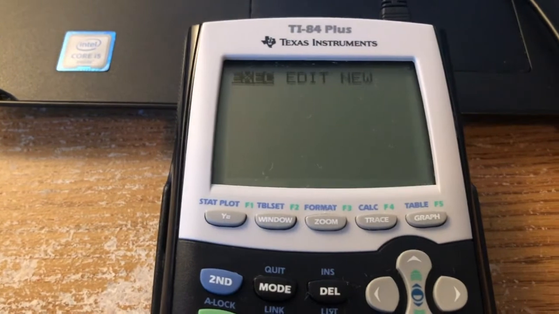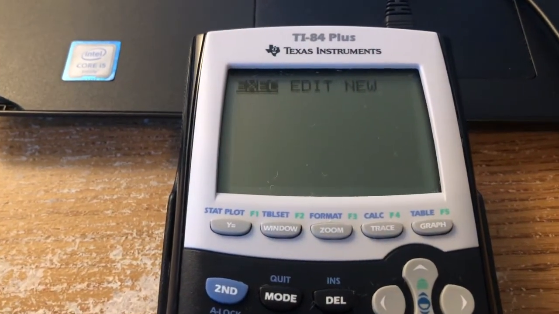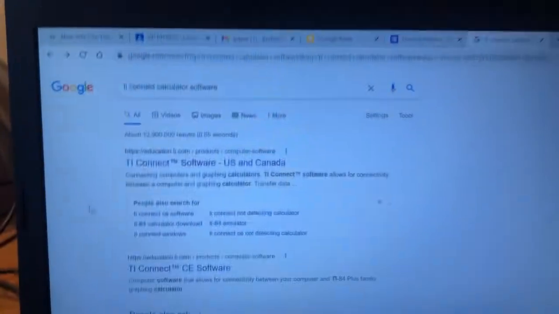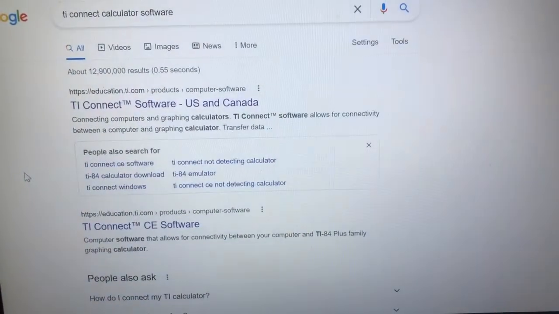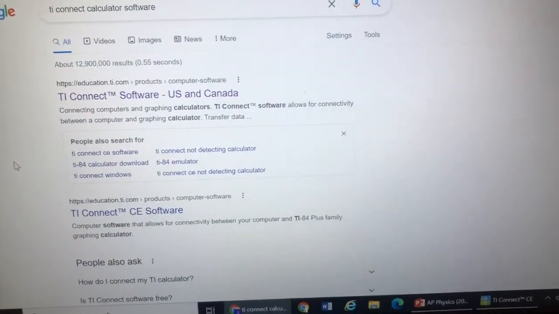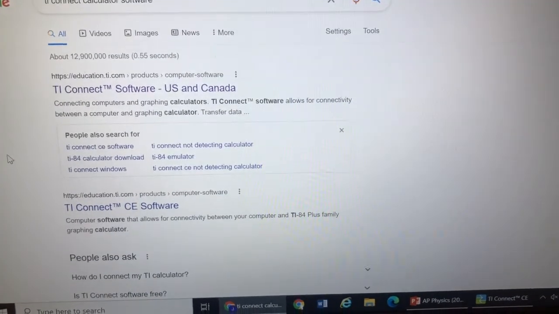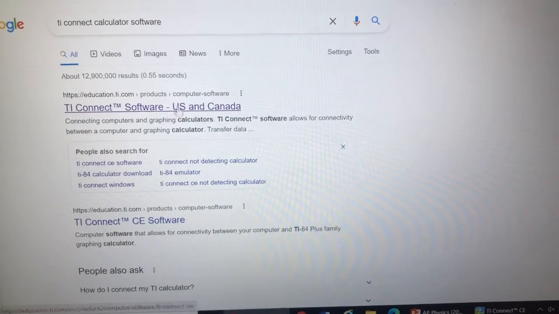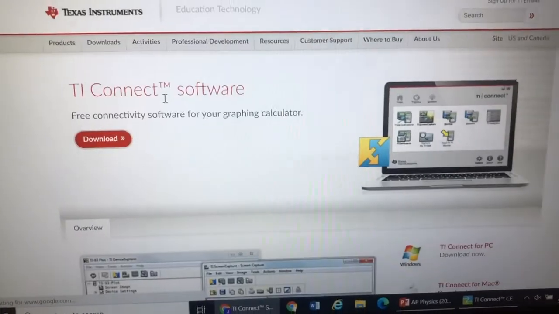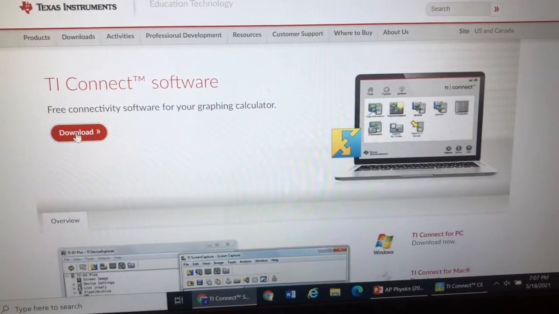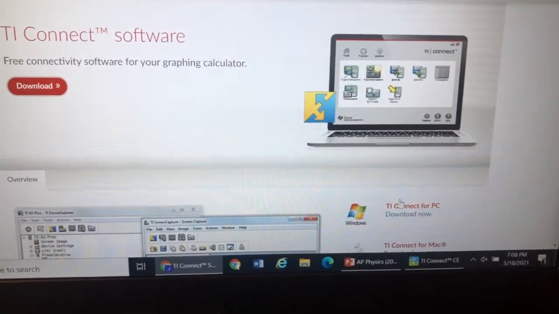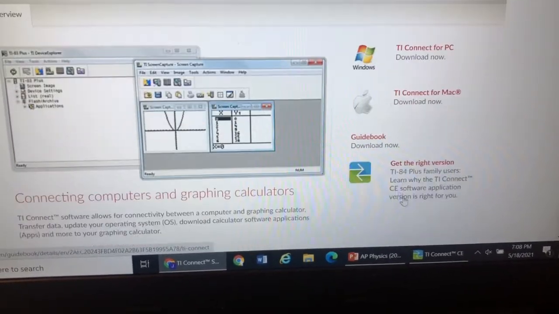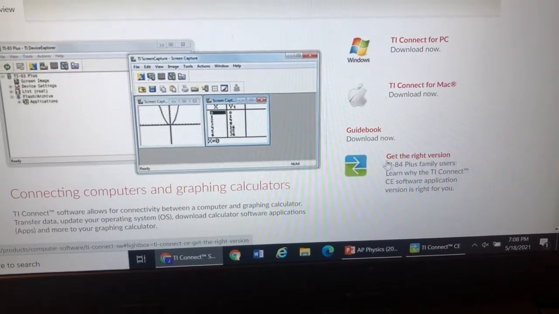So I'm going to show you very quickly how to get this program on your own calculators from home. The first thing you're going to want to do is go to Google and type in TI Connect calculator software. The first thing that comes up is going to say TI Connect software, US and Canada, and you're going to click that. Now, of course, you'll see a download button, and then in the corner there, it says TI Connect for PC, TI Connect for Mac, and if you scroll down a little more, it says get the right version,